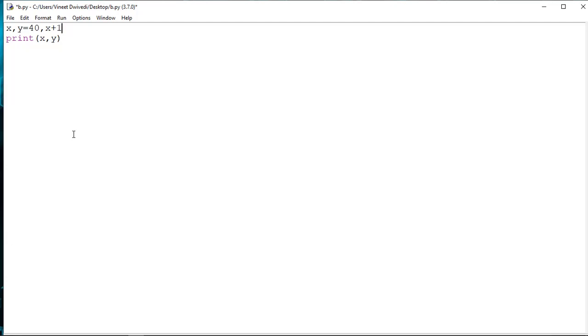Since we are executing these two at the same time, while initializing the variables, the interpreter will initialize x with 40, but when it tries to initialize y, it will not get any particular value because x had to be given earlier than this line, and since the value was not given, it will create an error. Let's try to find out what the error should be.